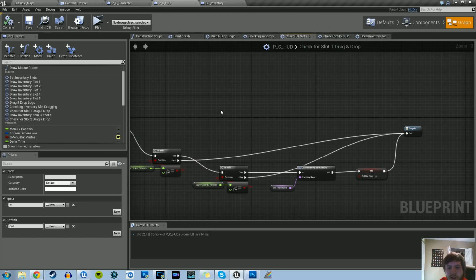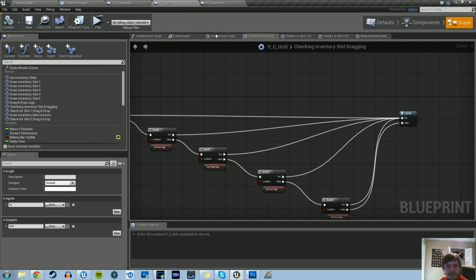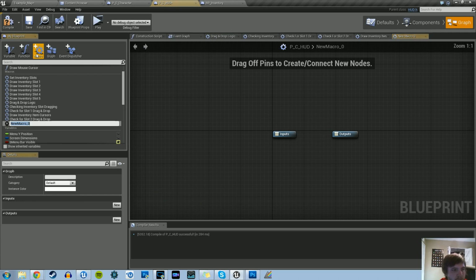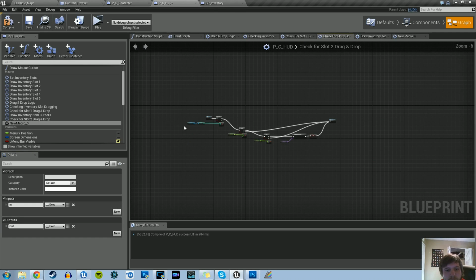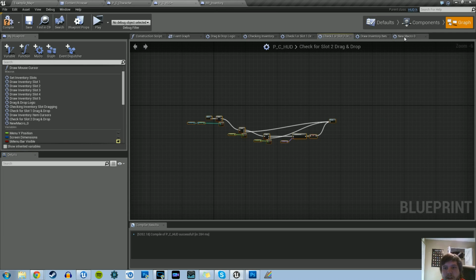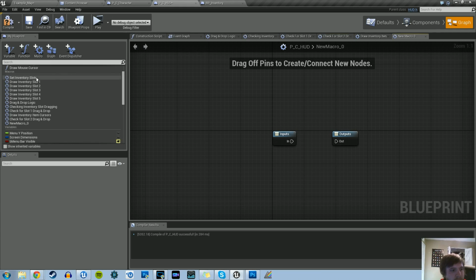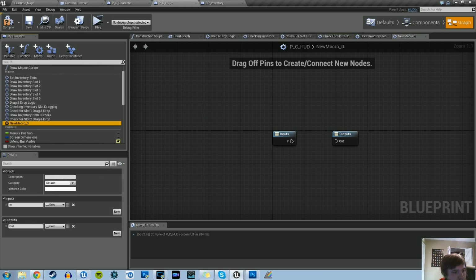Let's go ahead, and next we have to do the slot 3. So new macro, do the in and out executable pins. And let's do the check for slot 2. Let's copy and paste. Oh yeah, and we need to name this macro, of course. Let's name it check for slot 3, drag and drop,